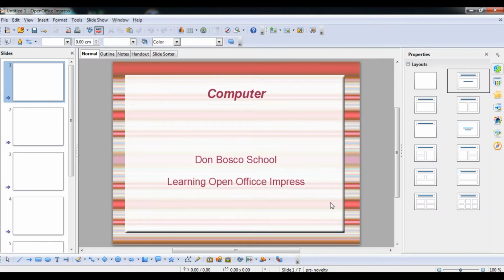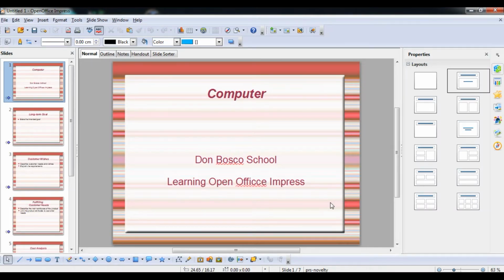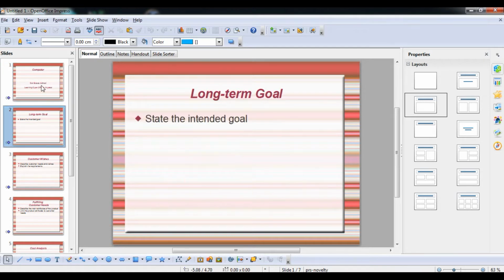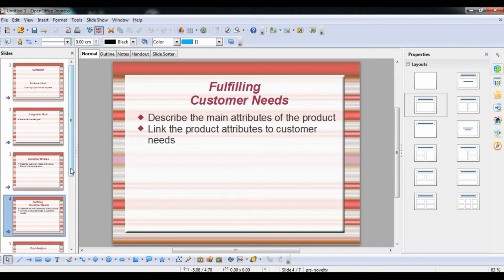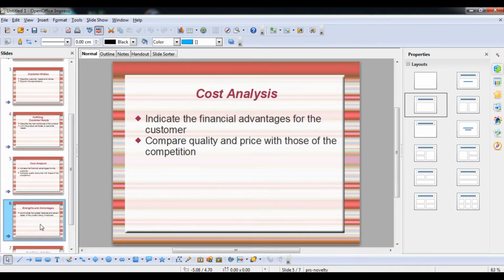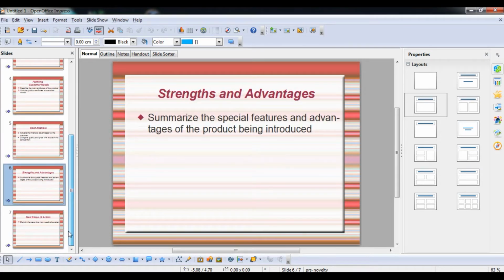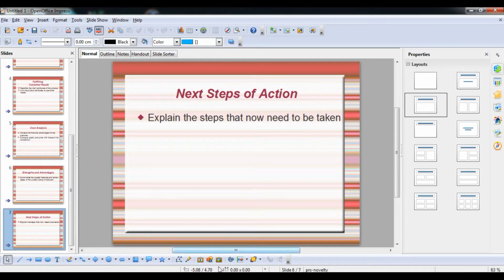After clicking create, you can see this type of slide will come in front of you. Now we have learned how to create a slide through a presentation template.